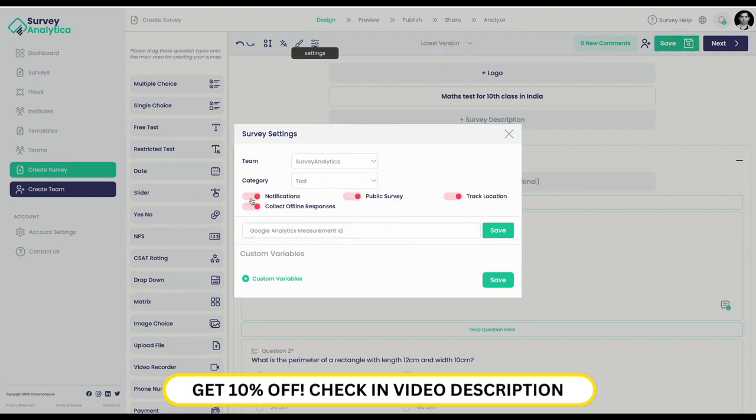In case I want to subscribe to notification, I will enable this. Public survey allows me to list this survey publicly. It will get listed automatically to Google search, as well as to our own listing platform where our participants can participate in this particular survey. Track location is useful in case you want to track the location of the participants. Collect offline responses is useful. Say, for example,